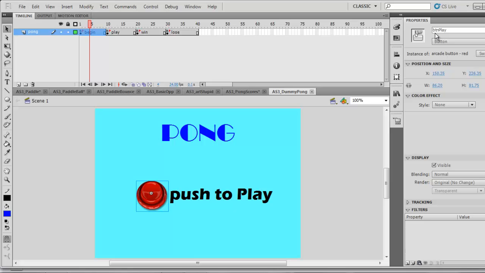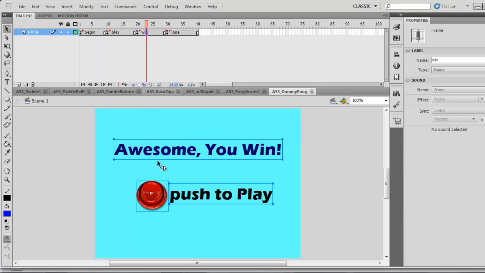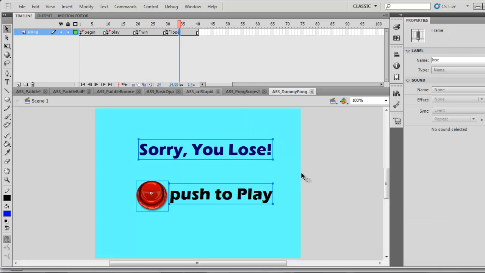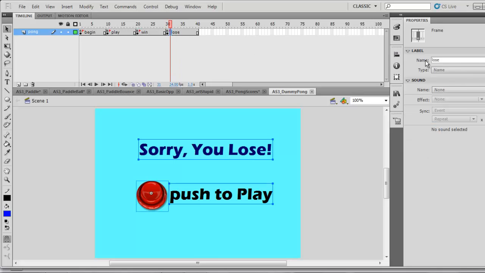I just pulled one onto the stage, and then I gave it a name, lowercase btn, capital PLAY, and then this is just static text. Then I have a winning frame. If you win, you go to awesome, you win, and this is the same button, actually the same frame, just copy and paste it, button play. And then this is sorry you lose. So if you lose, you go to this frame. Remember, I named the frames over here. I click on the frame I want, and I name them WIN,